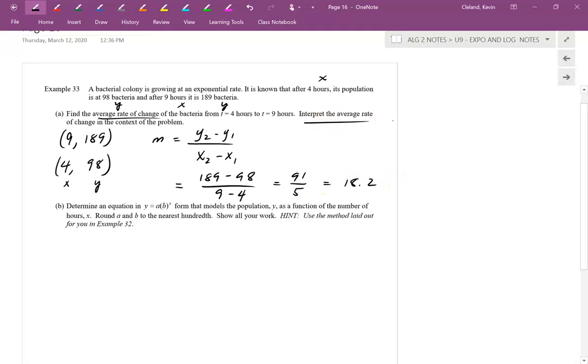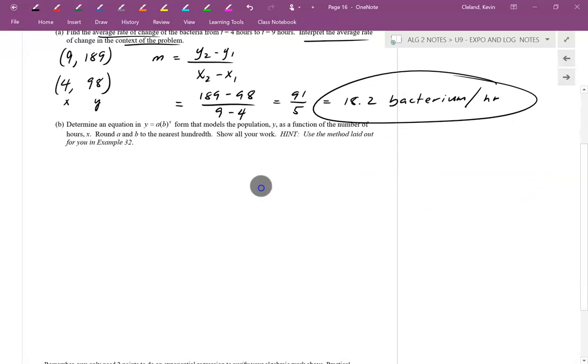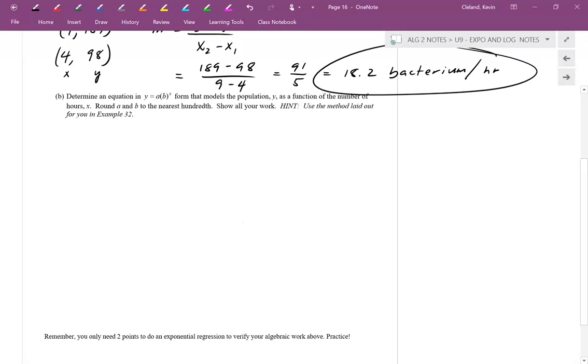18.2. But this question says interpret the average rate of change in the context of this problem. The minute it says that, we have to talk about the story. This is 18.2 bacteria per hour. That's my final answer for part A. Moving on, we need to determine the equation again, y equals a times b to the x for this new scenario. So this is literally the same as what we just did. Again, copy your coordinates over, your xy values, and then plug them in